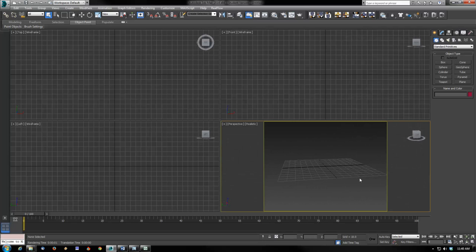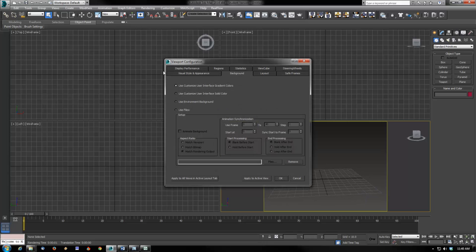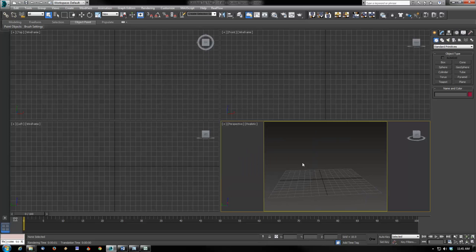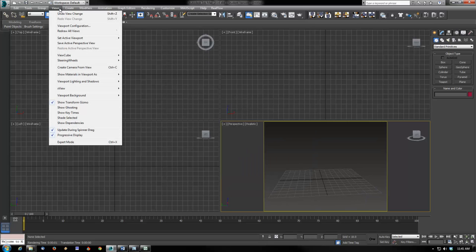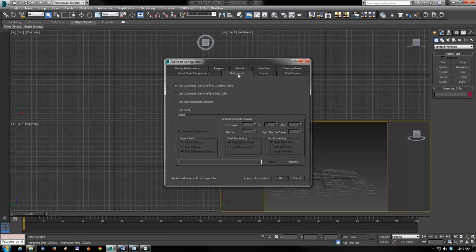And gives me a better idea of it without stretching that image or that picture. In order to get it in here, in order to composite together, I need to go ahead and hit Alt-B, which brings up my viewport configuration settings. You can get here a number of different ways. You can come up to the Views menu, Viewport Background, and configure your viewport background, and you can get that